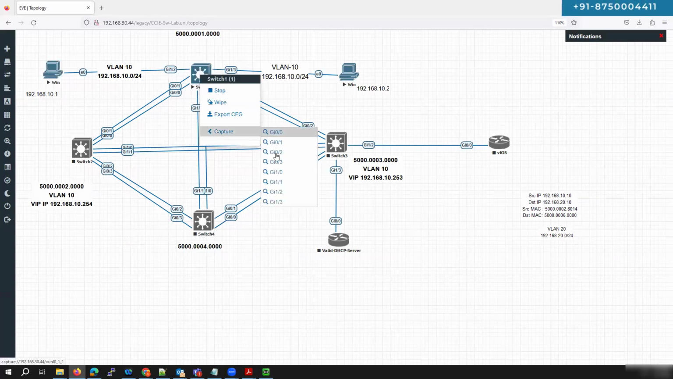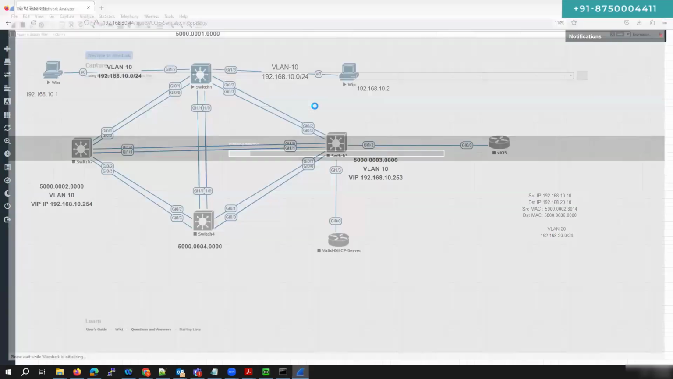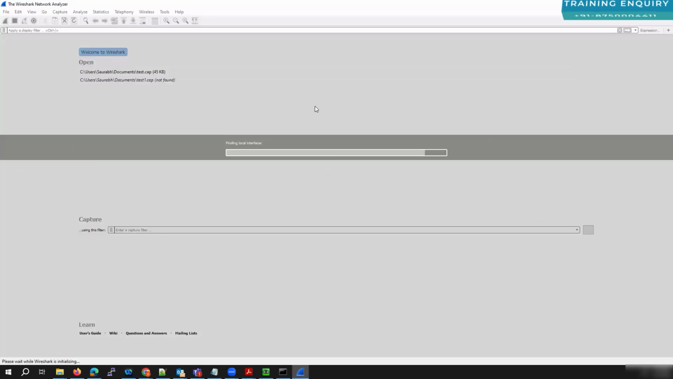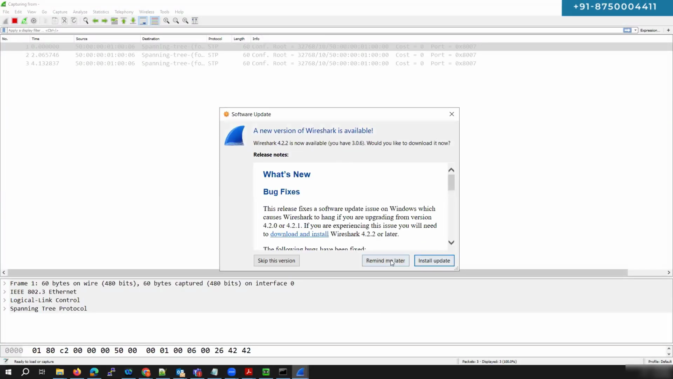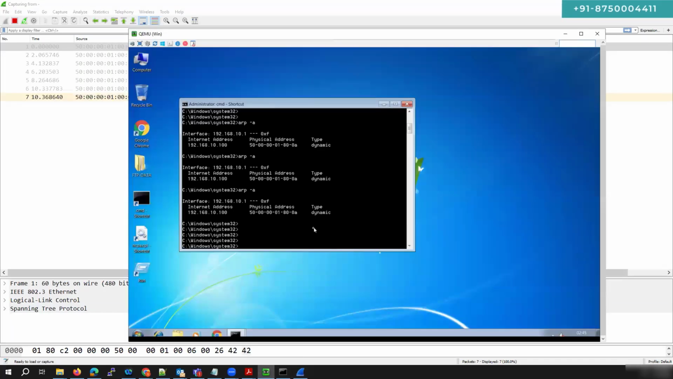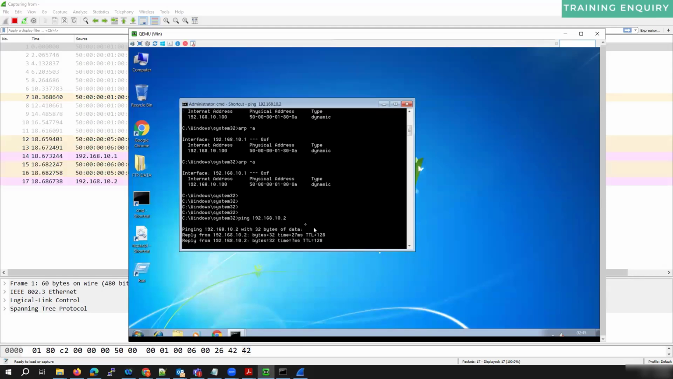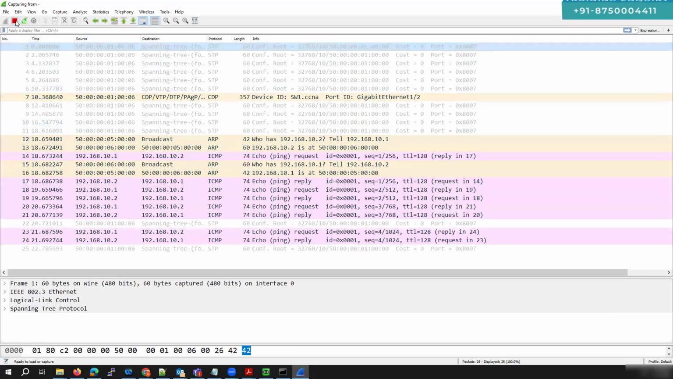ठीक है, और हम यहाँ पे gig 1/2 पे कैप्चर लगा लेते हैं, gig 1/2 के ऊपर कैप्चर लगाएंगे, एंड देन वी विल पिंग दैट मशीन। तो अब जब हम पिंग करेंगे, सो we will see that what is the background process now, what's happening in the background, right? तो remind me later, ये अपग्रेड नहीं करते हैं अभी फिलहाल, बाद में देख लेंगे। तो पिंग 10.2 कीजिए, कम बैक हियर, स्टॉप करते हैं इसको। अब इस प्रोसेस को समझने की कोशिश करेंगे।